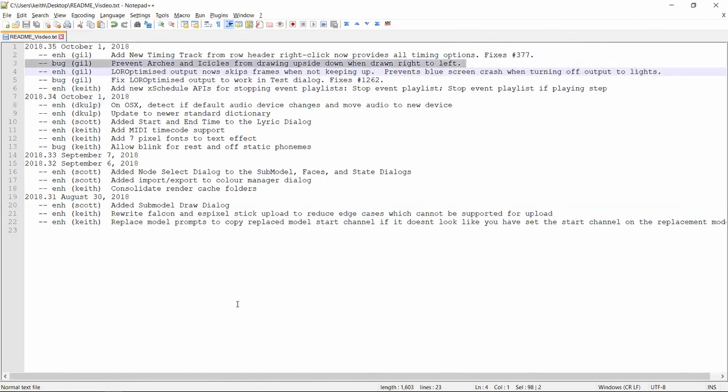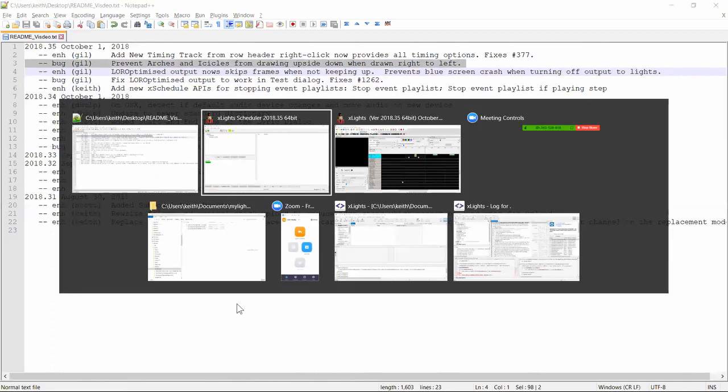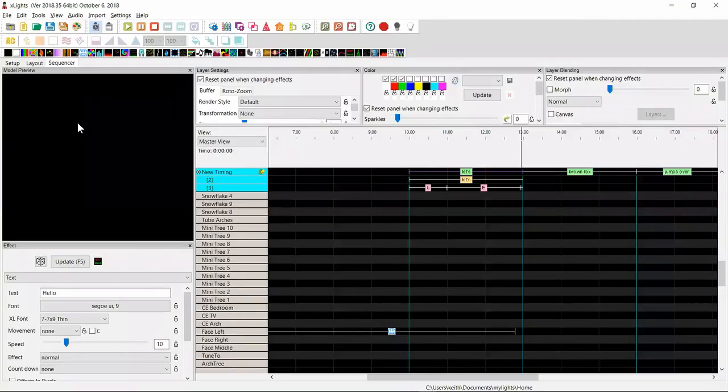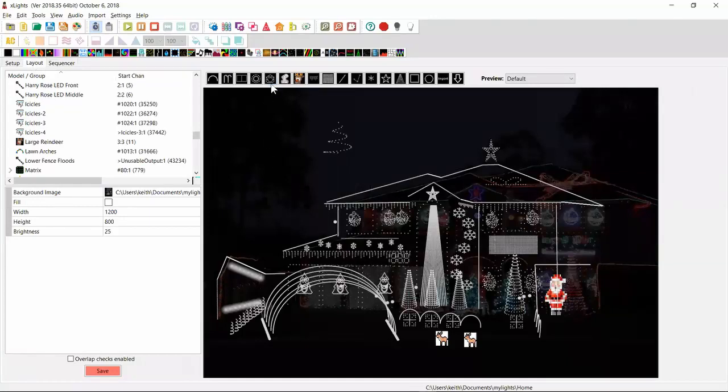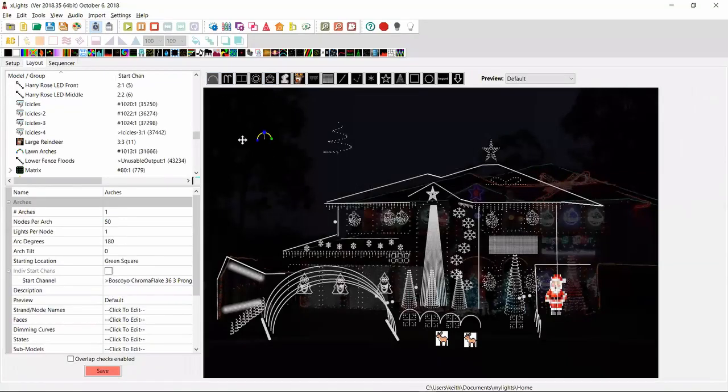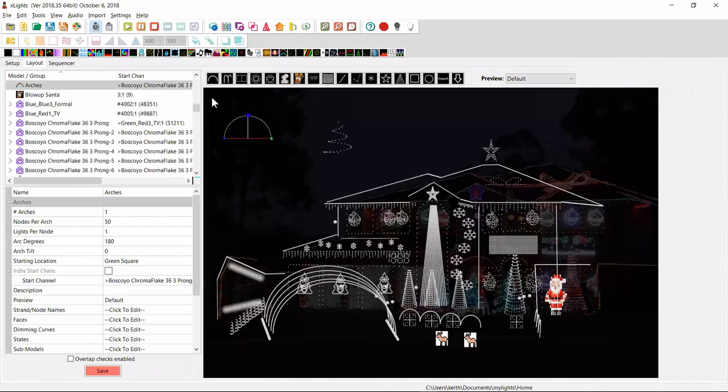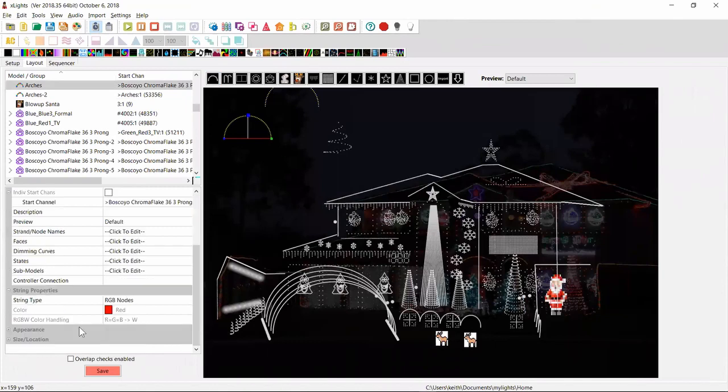The other one, this one here, is around arches and icicles. It used to be that if you drew an arch backwards from right to left, it actually used to draw it upside down. Now Gil's got it so it's drawing front to back, which is exactly how it's going to work in 3D as well. The problem is if you had previously drawn an arch and it was upside down,